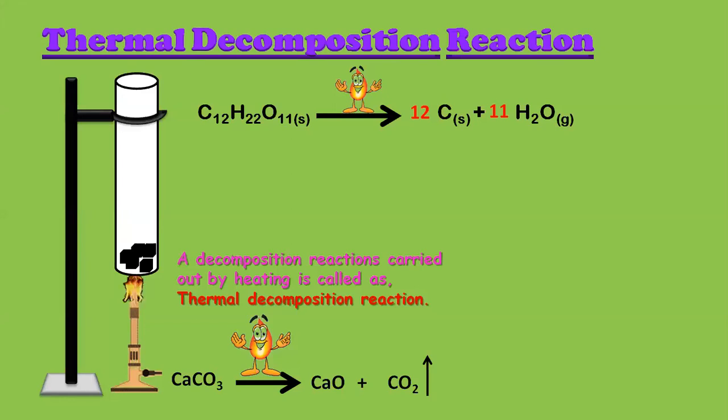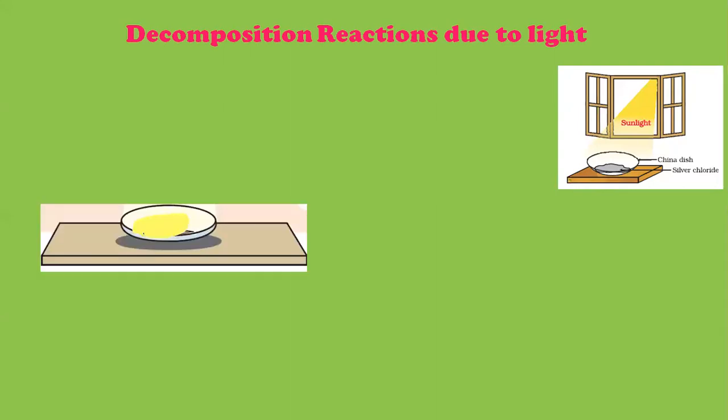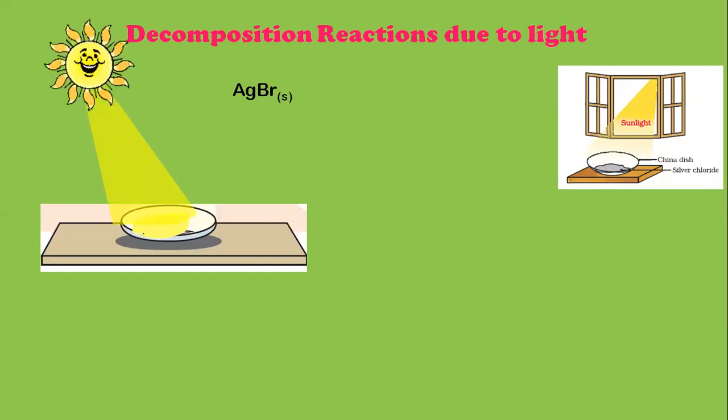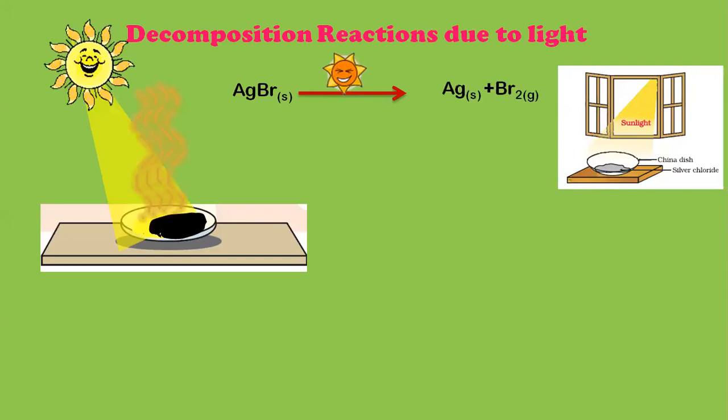Let us quickly do one more decomposition here, that is done with the help of light. Let us see how light is going to help me understand decomposition reaction. In this decomposition, students, I have taken a beaker. In this beaker, I have taken silver bromide. Ag stands for silver, Br stands for bromine. Silver bromide compound is kept exposed to sunlight. When it is kept exposed to sunlight, it gets decomposed into a blackish substance. And what is the substance here? That is silver, and bromine gets separated. It's a simple reaction, simple decomposition, but it is happening because of light.